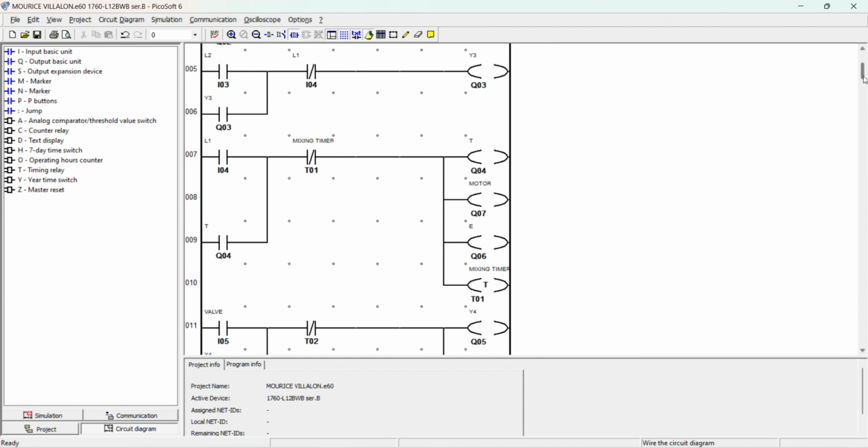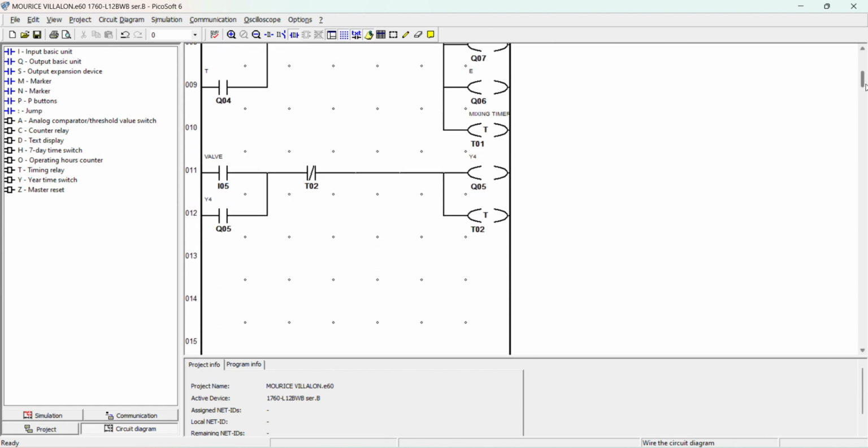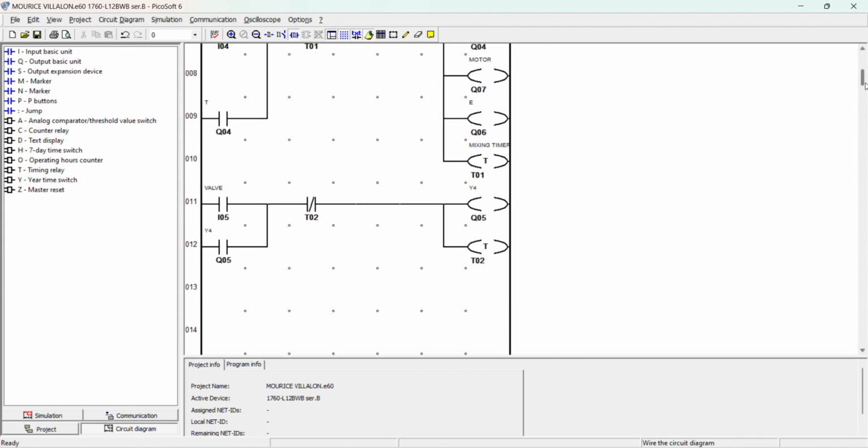So after that, when it is done, I put the valve input 5 and a timer brake switch, which will trigger to stop the supply for the Y4 and the output.